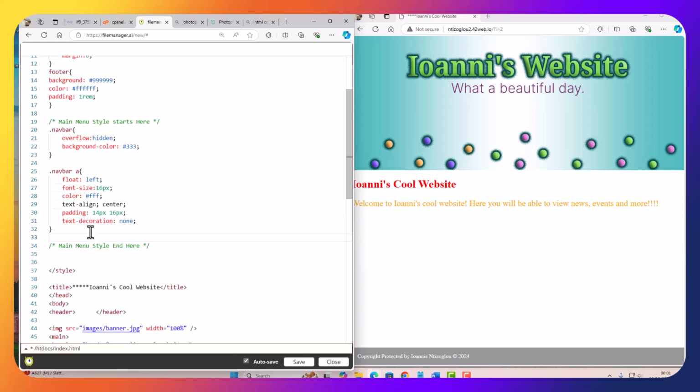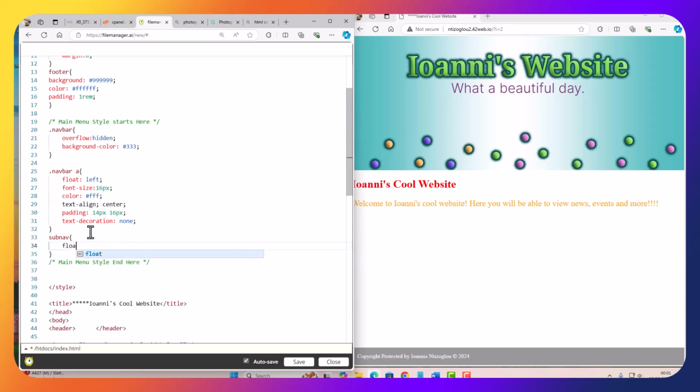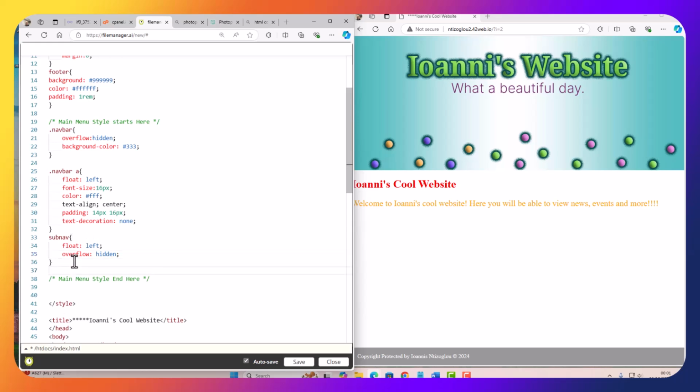So the next style I'm going to generate here is going to be the sub navigation bar, sub nav, and it's going to be float left, semicolon to end my statement, and the overflow is going to be hidden, semicolon to end my statement. The next style is going to be, make sure we put here a dot, because these are bespoke designs. So I'm going to put here another one, so it's going to be dot sub nav plus dot sub nav btn, so for the buttons,